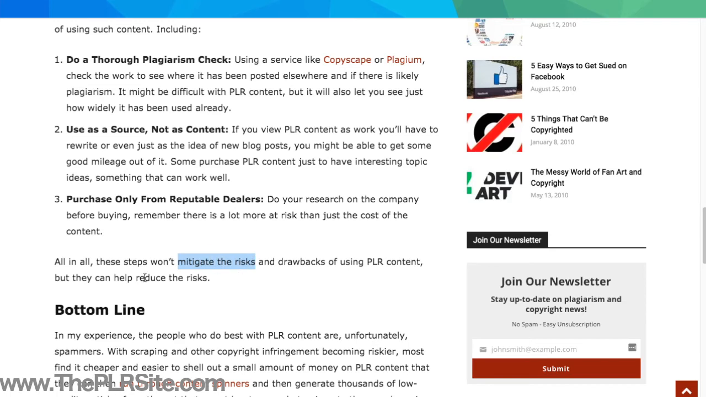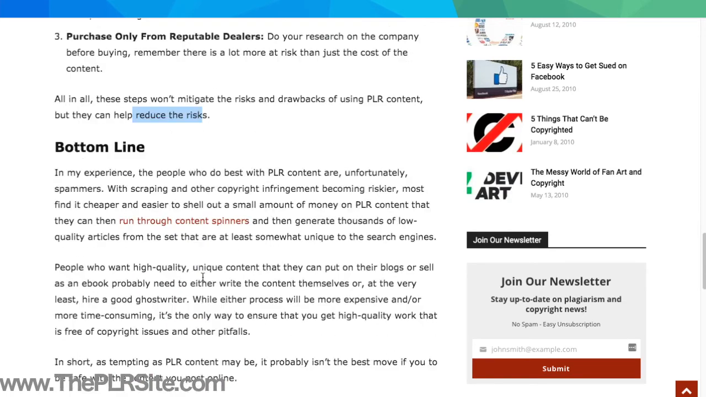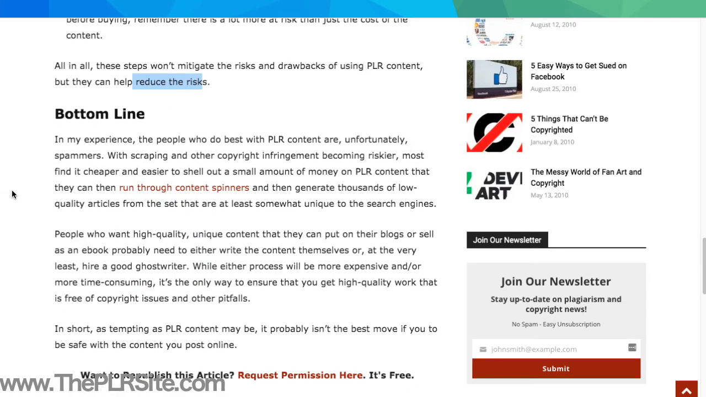So it won't mitigate the risk, but it reduces the risks. Okay. In my experience, not mine, the author of this article, the people who do best with PLR content are unfortunately spammers. Okay. With scraping and other copyright infringement becoming riskier, I do like the copyright infringement language because many people,